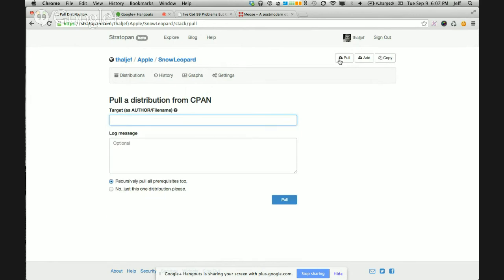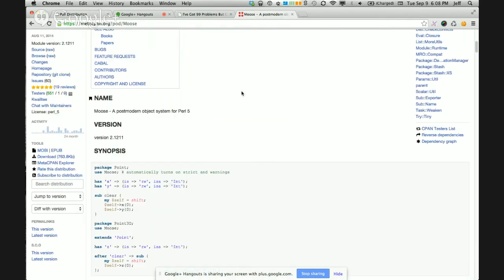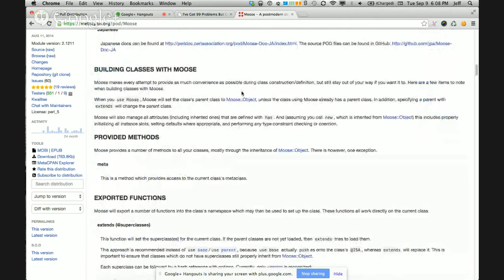So that's how Stratopan knows about all the dependencies. It has a big database that has indexed everything that has ever been released to CPAN. Okay, so then you talk to the Meta CPAN people and then a back connection. Yeah, actually, it's very simple. If you wanted to put something together for your own site,